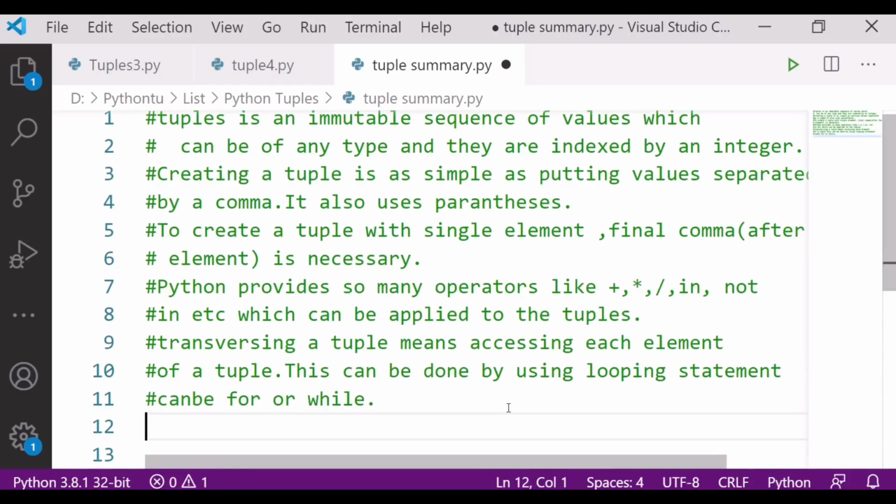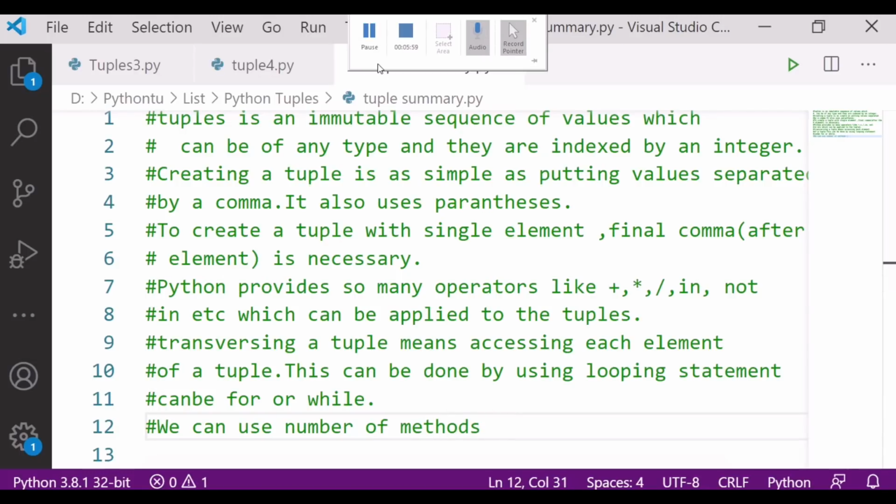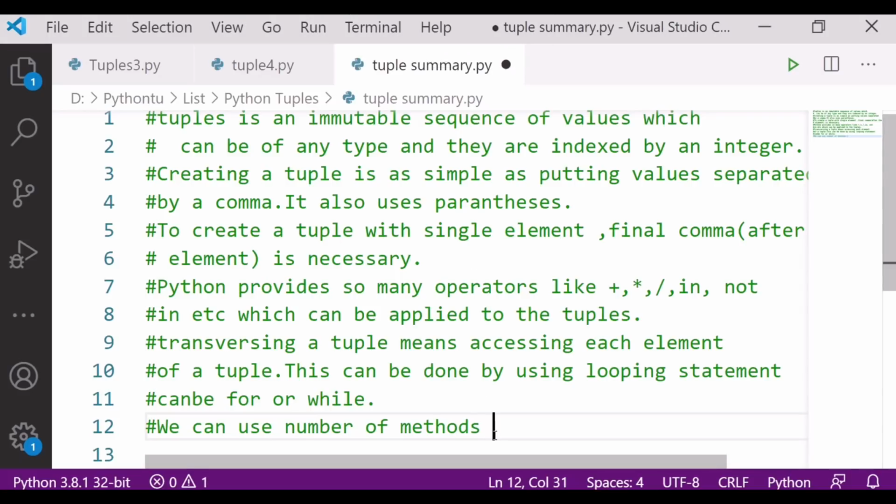Another thing that we read here is that we can use a number of methods, or functions, also. Methods like length, count, any, tuple, max, min, sort, sum.